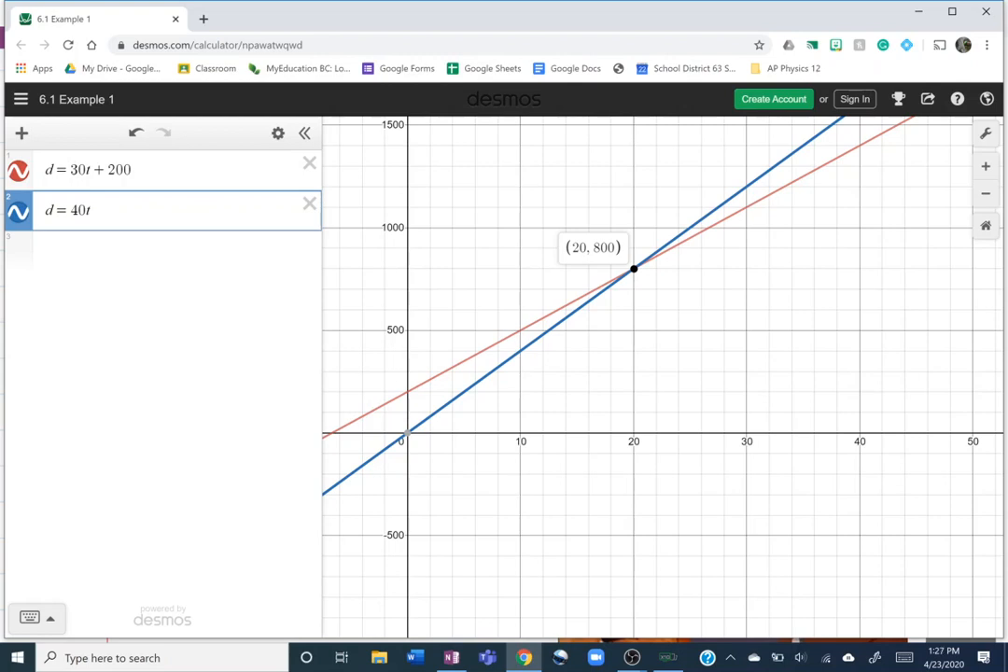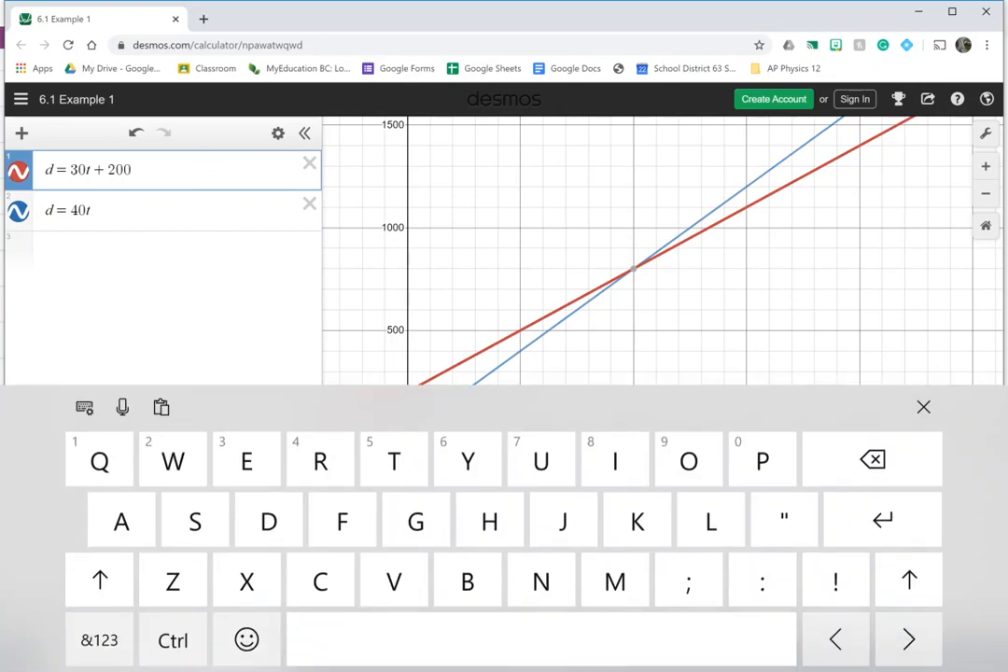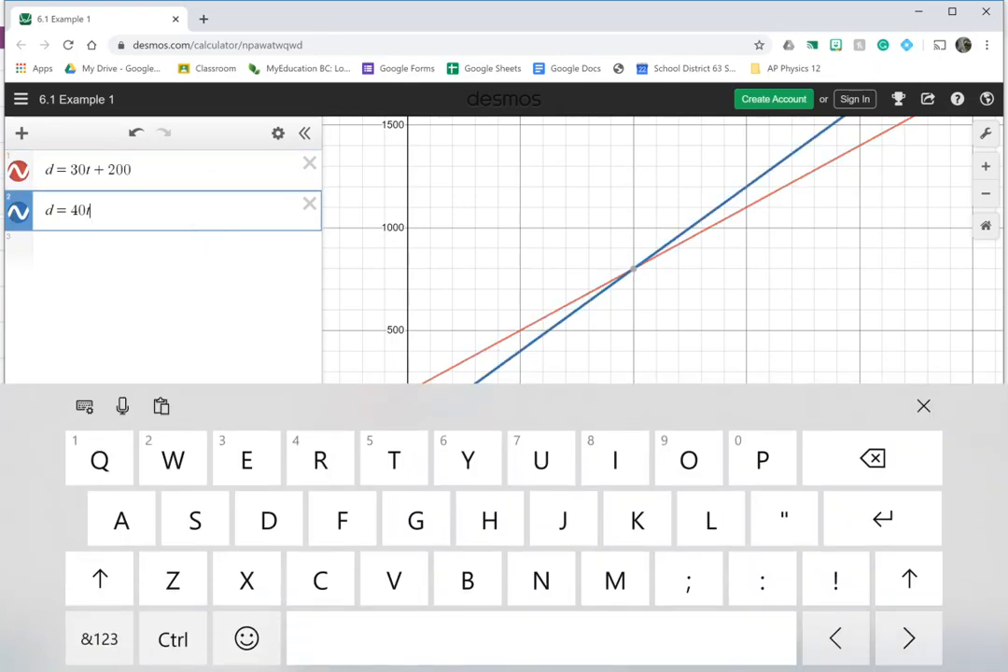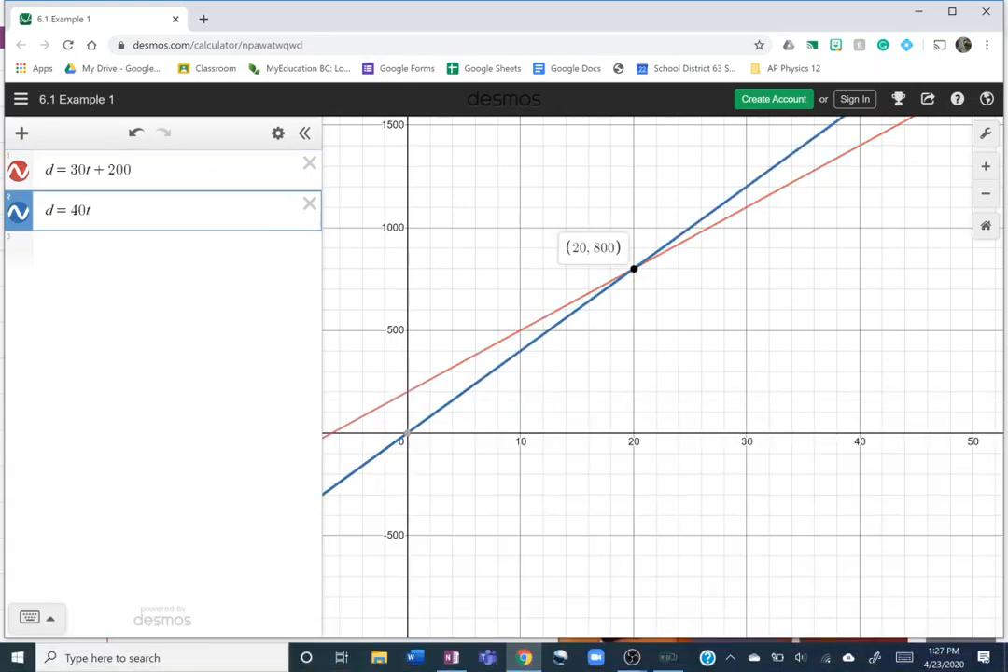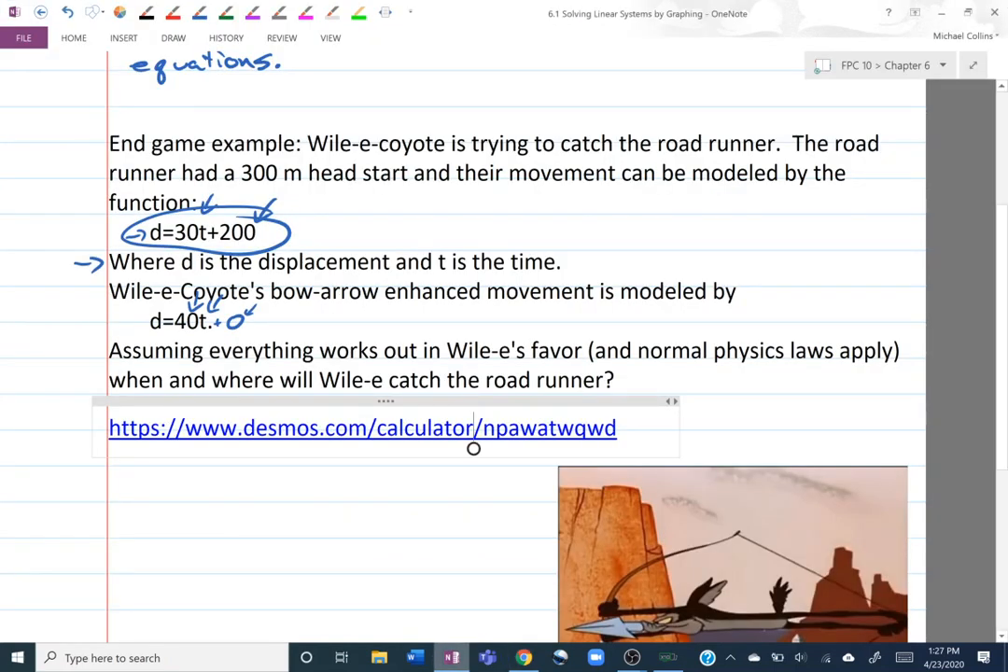And that's kind of what today's theme is going to be about. And that's why we would do it, is we can solve this system of two equations, this 30t plus 200 and this 40t, simultaneously. So that point, (20, 800), will work in both of those equations. If we go back one,